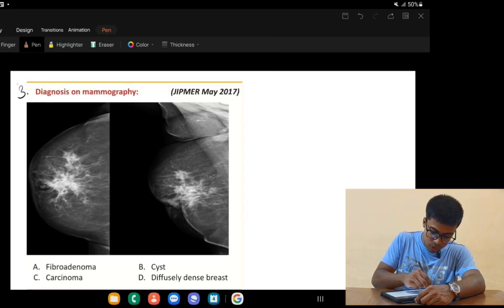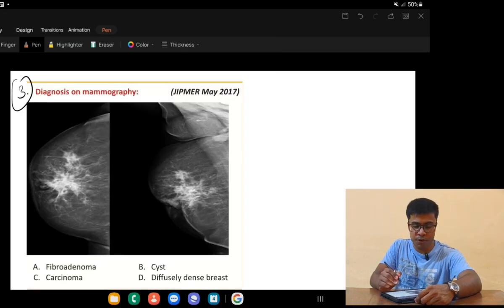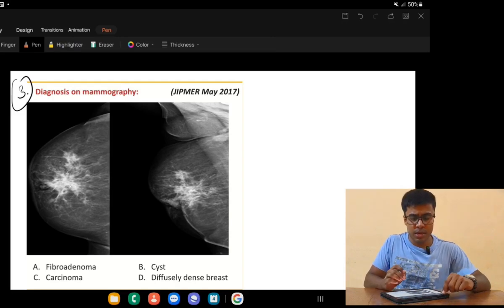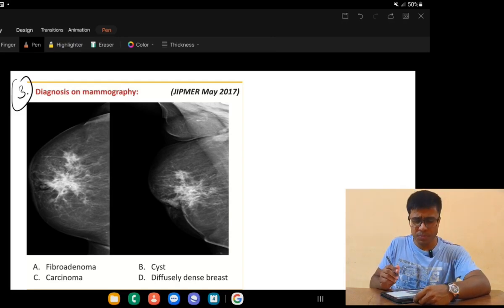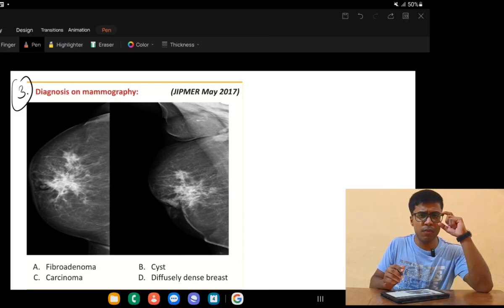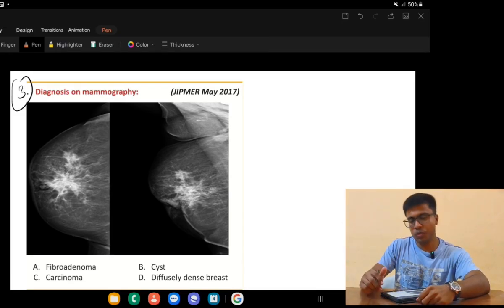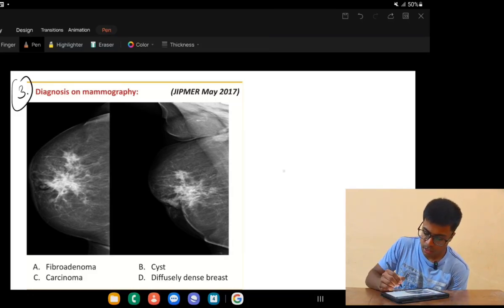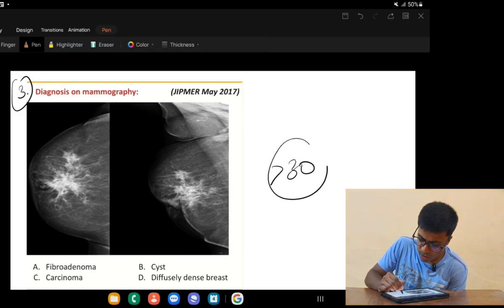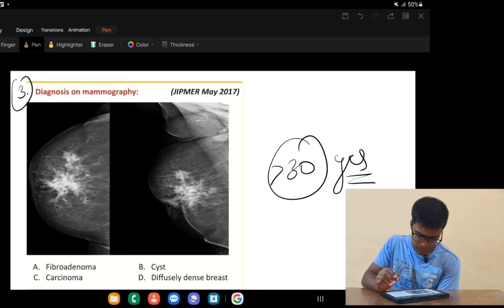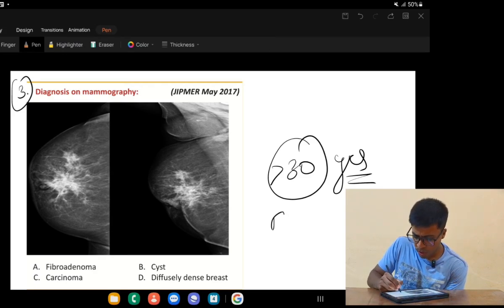So moving on to the next question. That is the third question. Diagnosis on mammography. Mammography in India should be performed on a regular basis, after a particular age group, especially greater than 30 years. Especially because in India, fibroadenoma